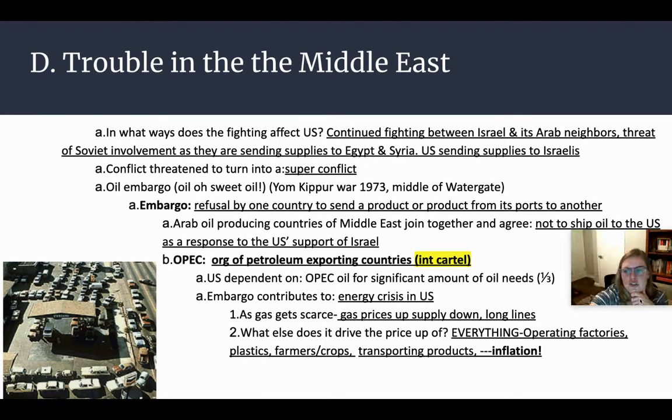However, there's also a lot of drama or tension going on in the Middle East. I talked about this in the first unit, but there's continuous fighting between Israel and their Arab neighbors. The Soviet Union is often threatening to get involved in that, and so this is a crisis that is threatening to turn into a super conflict. Again, essentially Israel versus its Arab neighbors, Egypt and Syria. And because the U.S. is willing to support